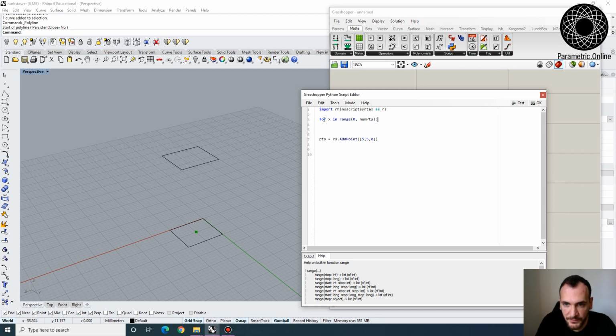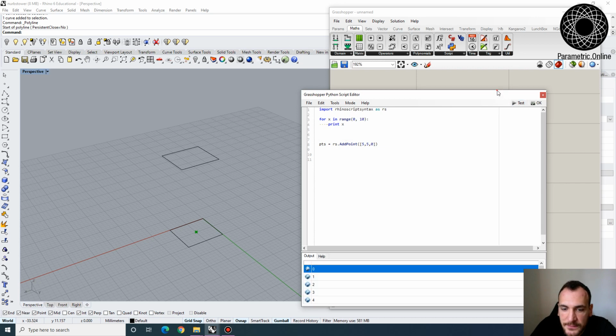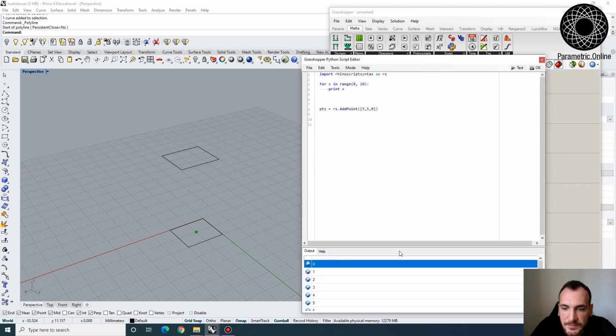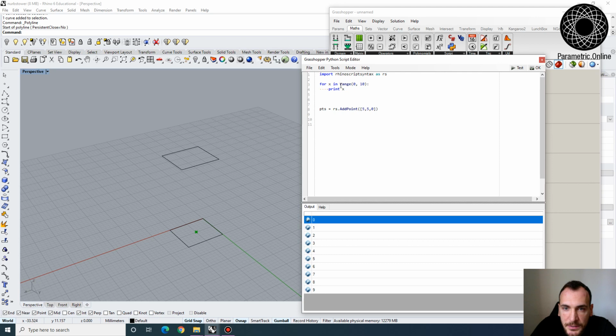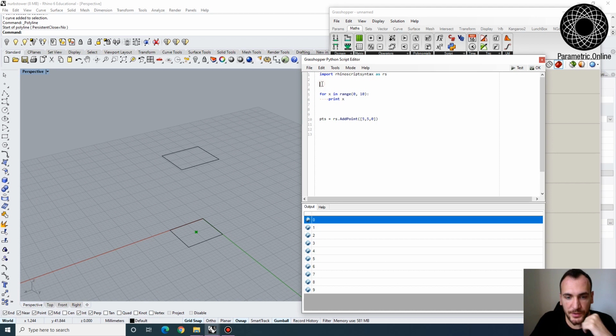Let's define a variable, and let's make this a single for loop. Let's say this is 10, then I'm going to do print x. If I do a test, you can see that this defines a range that starts from 0 and goes all the way up to 10, and it outputs the x. And if I were to, for instance, define points as a list,